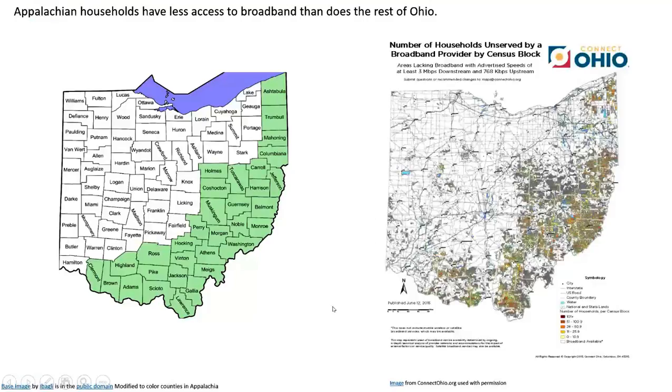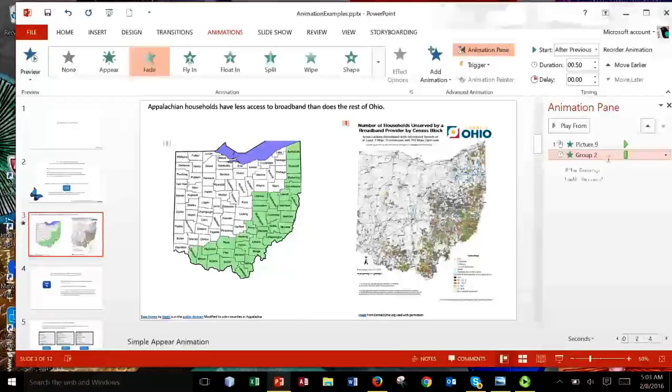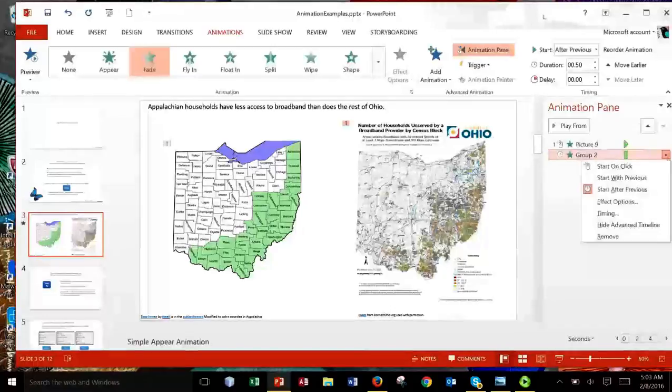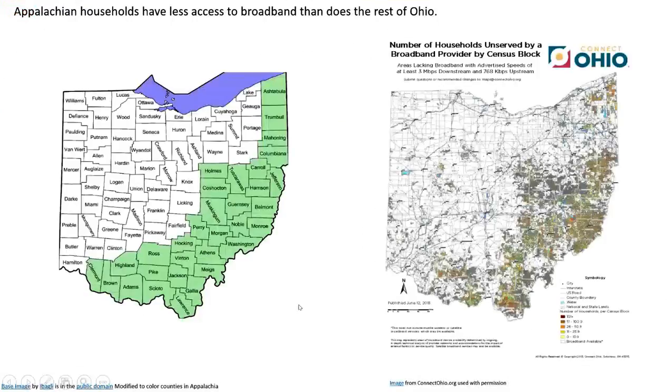Well, that was pretty quick. Maybe I want to pause it for a while. I come back, again, click on the animation that you want to edit, not the object. In this drop down, actually, let's use this part up here. You can come up here and say, okay, I want it to come after the previous, but I want you to delay it. Let's give it a second. So this is 1.0 seconds. So now when I run this, the first one appears, and a second later, the other one appears. So you can see how that's kind of